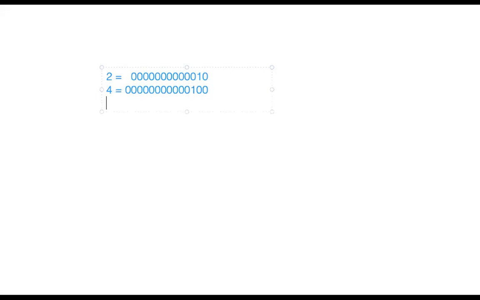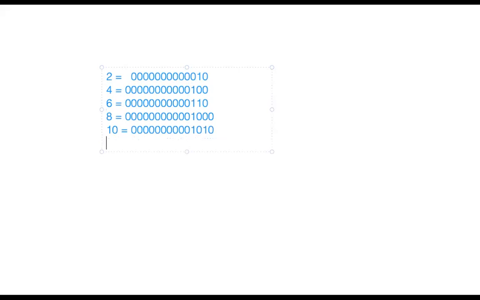Binary of 6 is 1 1 0. Binary of 8 is 1 0 0 0. Binary of 10, I'm writing all the even numbers here, is 1 0 1 0. Binary of 12 is 1 1 0 0. So these are some even numbers I have written here.